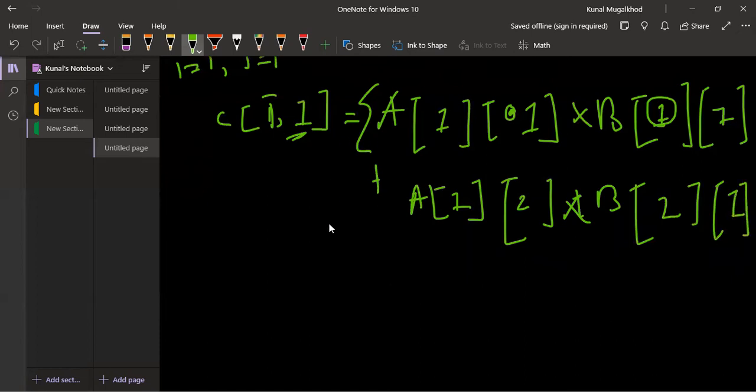So in that way we will calculate the value for this particular position.